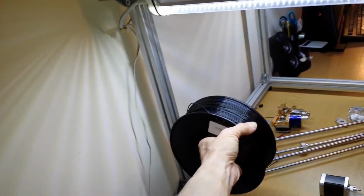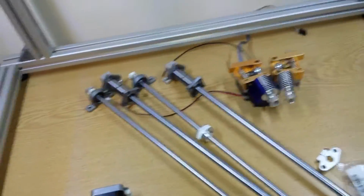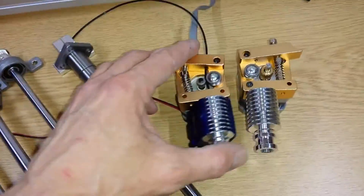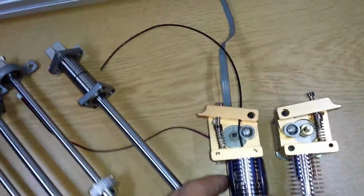So yeah, the reel will possibly sit, excuse me, in here. So maybe one, maybe two, I don't know. I'm thinking of 2 printer heads. It wasn't the original design. I was originally going to go with one, but I've got a bit of a plan. And as you will notice with my videos, they're totally unconventional, and the way I do things is a little bit unconventional. Anyway, right, these are